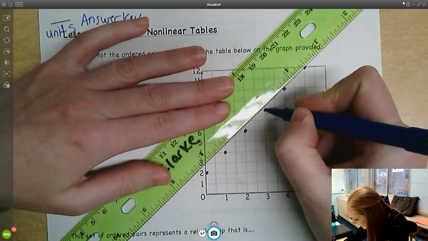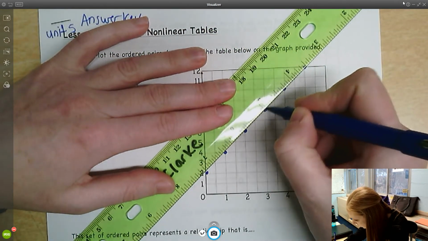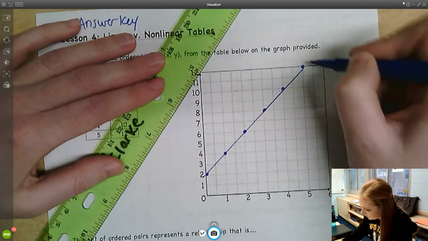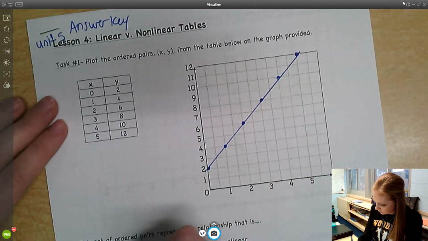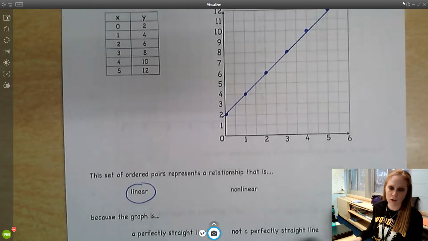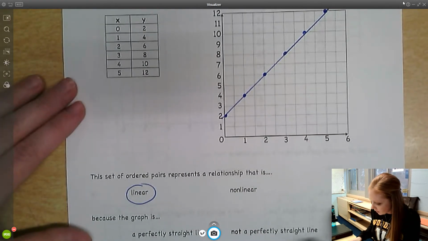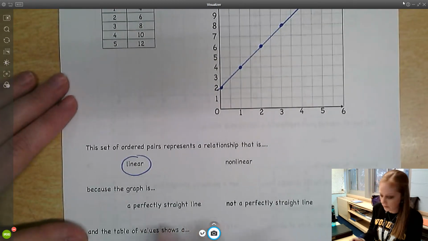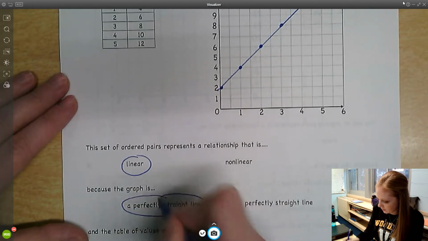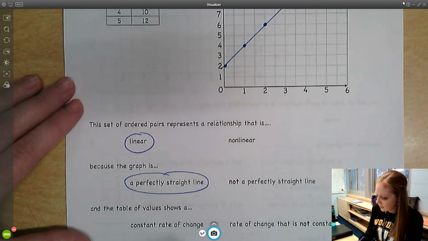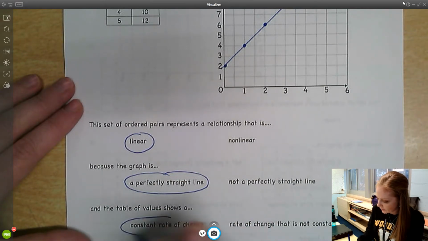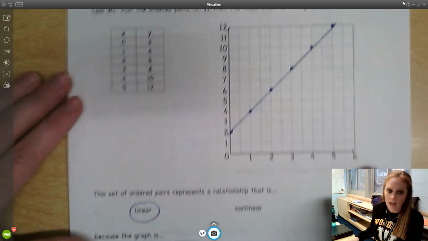If you can connect them all in one straight line with your ruler, then that means it is linear. Which we could. So this is a linear function, because the graph is a perfectly straight line. And does the table of values show a constant rate of change or not? Let's see. If it's a linear function, it's going to be a constant rate of change. And to prove that,